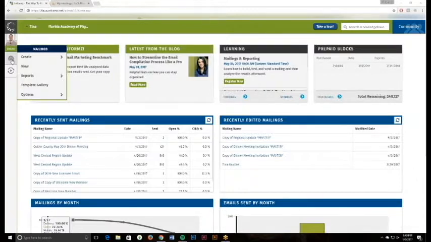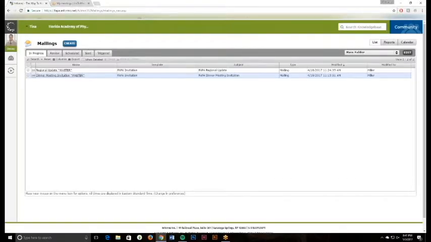To send a message, you're going to go to this icon right here. You won't necessarily ever have to really create a message, but if you feel willing to go through that process, you can. Right here, going to create a mailing, but we're not going to walk you through that today. So you'll go to this icon, go to View,